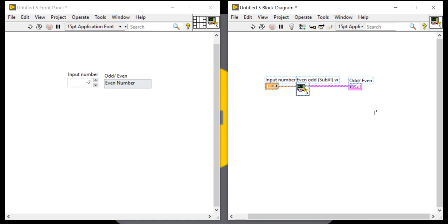Now I want to modify this code and display more information. So how can we find whether the given number is a positive number or negative number?